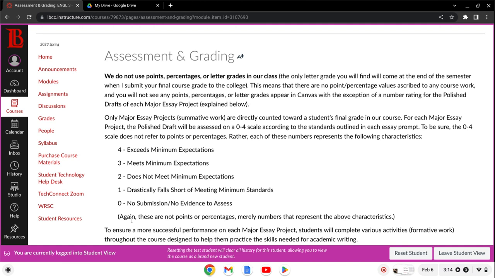So again, I just want to clarify, these are not points. It's not 4 points, 3 points, 2 points. It's just the number 4 is the symbol that represents this characteristic. Okay, so that's what these represent. So these are the only numbers that you'll really see are going to be ascribed to the drafts of